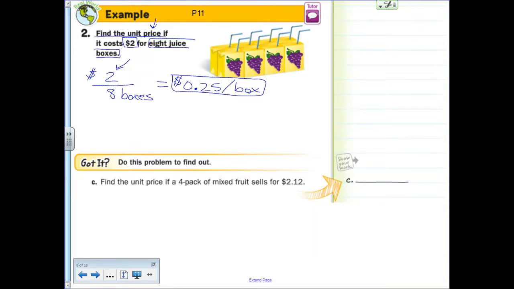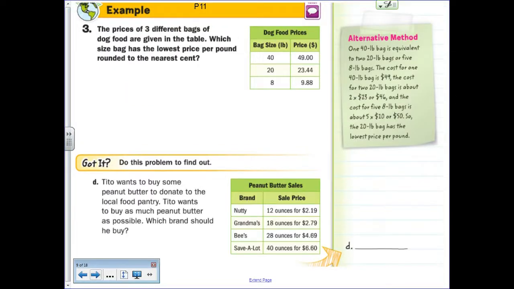Take a look at example number 3. It says the prices of 3 different bags of dog food are given in the table. Which size bag has the lowest price per pound, rounded to the nearest cent, which means to 2 decimal places. With money, we always round to 2 decimal places if we have to have a decimal. So which size bag is the lowest price per pound? So again, this is money over